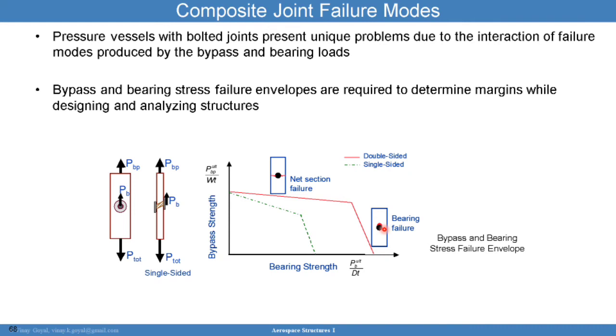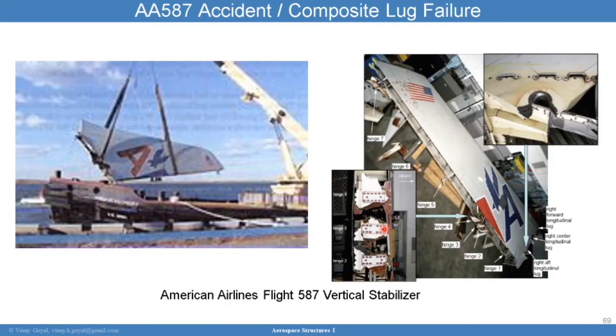In a given design, these are special failure modes that should be accounted for, especially in launch vehicles and aircraft. An example of a situation where this is involved, not exactly, but is involved, is the AA587 accident composite lug failure. This composite lug failed due to overload. This American Airlines Flight 587 vertical stabilizer exhibited failure in November